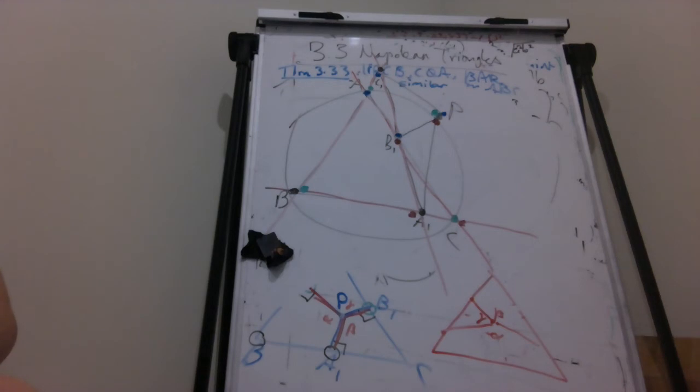Okay, so in this case, A1, B, C are three points on the lines B1, C1. So A1, B, and C are three points on the lines B1, C1. Yeah. So A1 is on B1, C1. B is on C1A. C is on AB1, yeah? Okay. And the same theorem tells us the three circles have a common point. Or the four circles. But sure. Since the only common points for the last two circles are A1 and P,